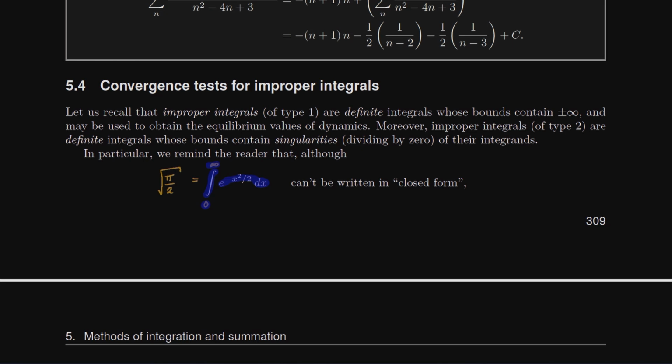piece of information for anybody trying to predict the future, right? If we want to predict the future with dynamics and we say, yeah, an equilibrium exists, unfortunately I can't calculate it with my equations, that's an okay thing to come up with, because then you turn around and say, fine, let's experimentally determine what we think it may be. And you perform a lot of measurements. Those measurements maybe are getting close to a specific value. And you can say, well, number one, the equilibrium exists. Number two, all of my measurements are getting close to a value. The equilibrium is probably the value that the measurements are giving me.